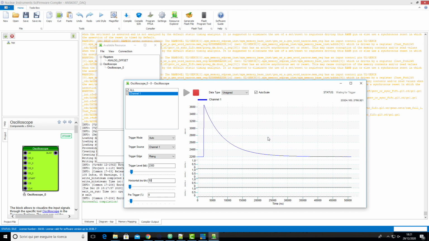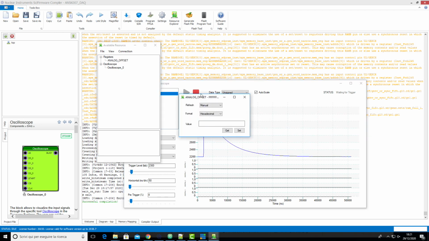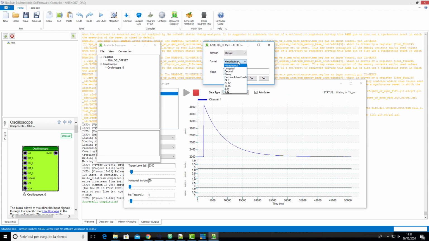If we have just a positive signal like this, we can regulate the offset register and set it to different values in order to move the signal. For example, we can set it at 1000, and the signal goes down. Remember, 0 means that we are subtracting about 2 volts from the signal. 2048 is the default value, so we are in middle scale.